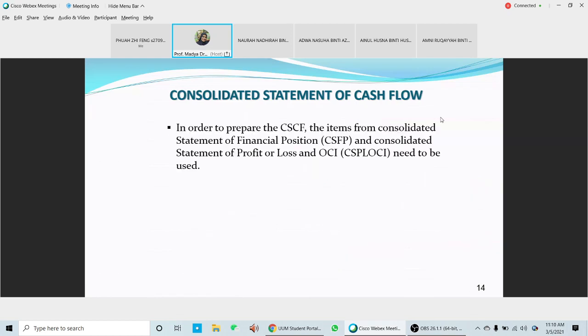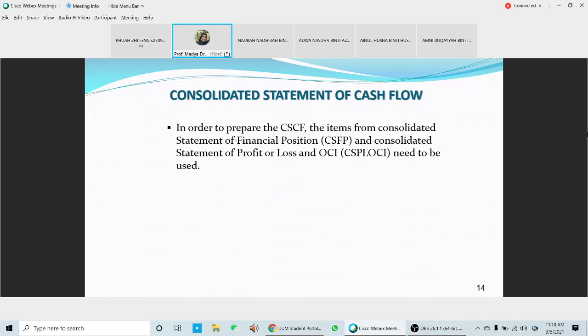Okay, now this is when we start with the consolidated. Yeah, previously it's only the introductions only. Okay, for the consolidated statements of financial positions, segments of cash flow here, in order to prepare the